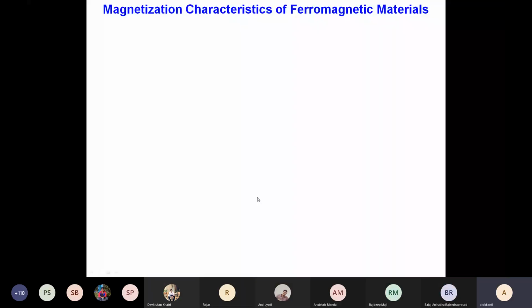Electromagnetic circuit theory, and we introduced some new terms like MMF, flux, reluctance, and we saw the analogy of how the magnetic circuit can be solved just like electrical circuits, and we also got the analogs. MMF is analogous to EMF, flux is analogous to current, reluctance is analogous to resistance, and so on. And we have done one or two problems, and there are many problems with more complicated